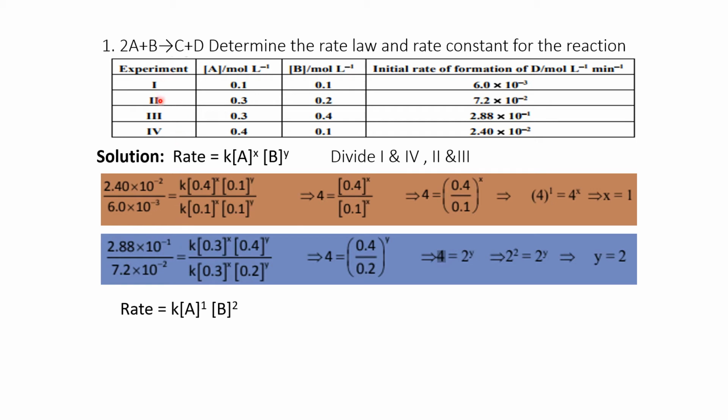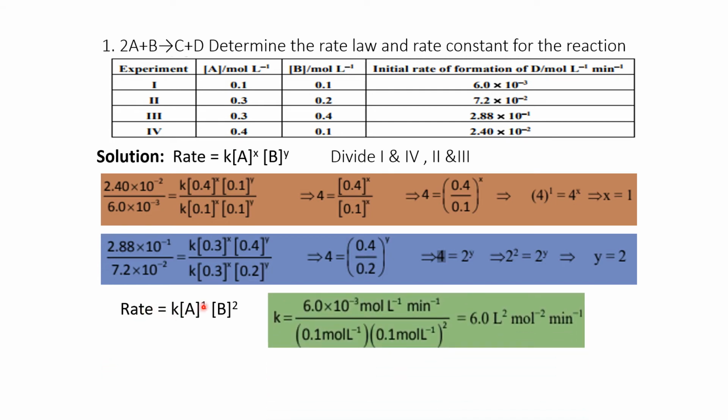Many experiments are there, so we need to find the consolidated result, and only then can we find the order of the reaction according to the concentrations of A and B. We need to find the order of the reaction also. They are also asking for the rate constant. Rate constant is K, so K is equal to the rate divided by all those terms. What is the rate? We will take the first experiment, 6.02 into 10 to the power of minus 3.